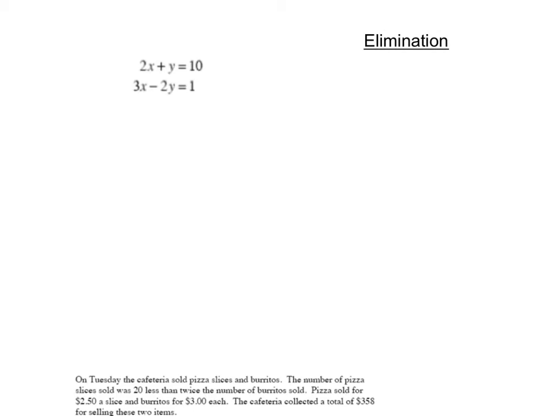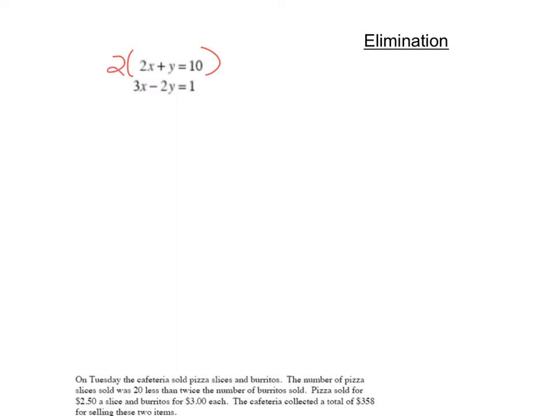We need the x's or the y's to be the same number but opposite, so that the positive 2 and negative 2 would cancel out. What we're going to do, and I just gave a hint, is for that y variable, if the bottom equation has that minus 2y, we want the top equation to be a positive 2y. What we can do is we can take the entire top equation and multiply everything by 2 so that our